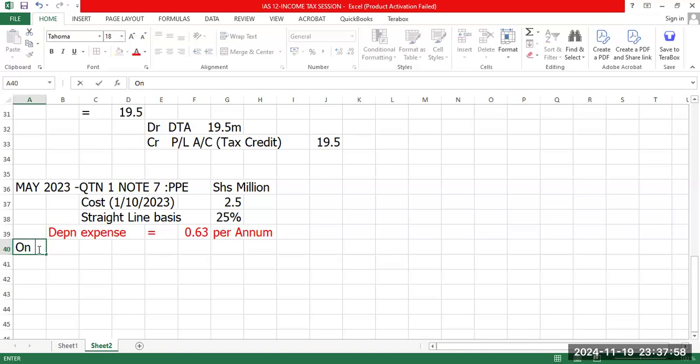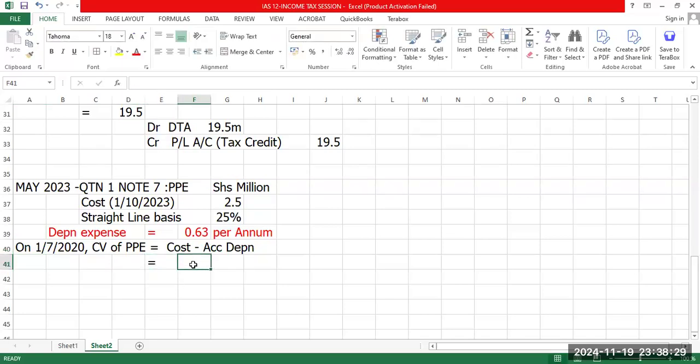On 1st July 2020, what is our carrying value of PPE? It will be equal to cost minus accumulated depreciation. And the cost is 2.5 minus accumulated depreciation. I get the depreciation for each year, 0.63, then times how many years? From 1st October 20